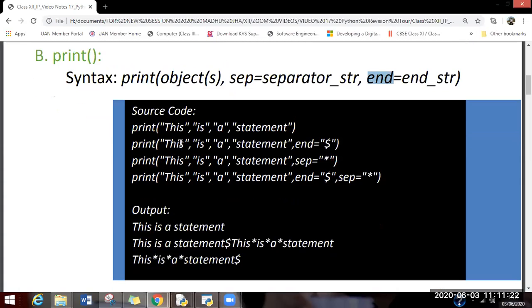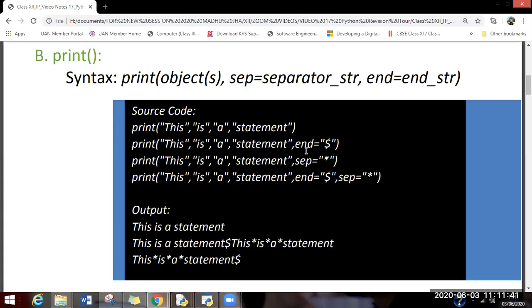In the next line of code, we have changed the end argument and we have changed its value to a dollar symbol. As a result, between the two objects, you can still see a space, but at the end, there is a dollar symbol.